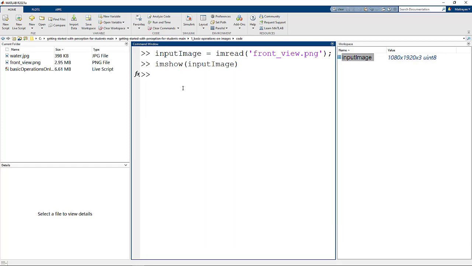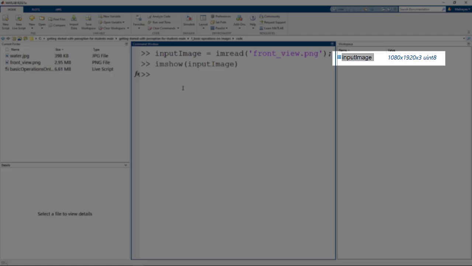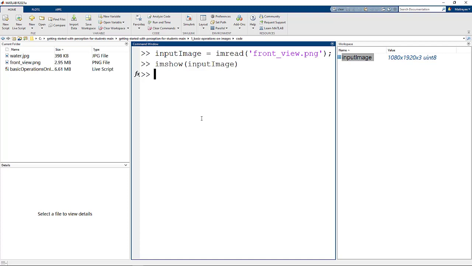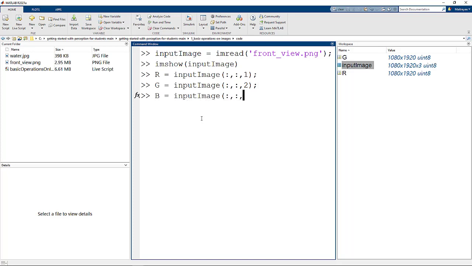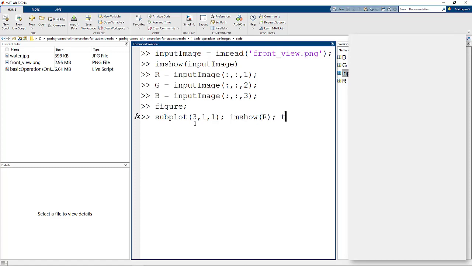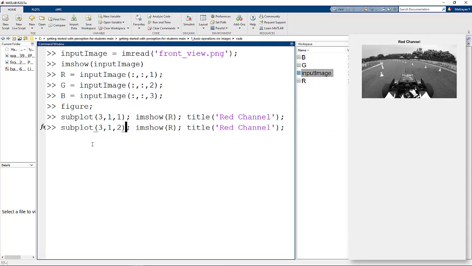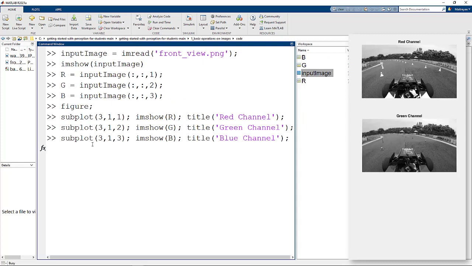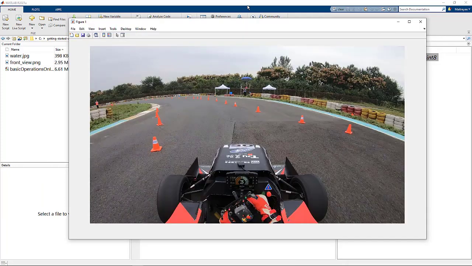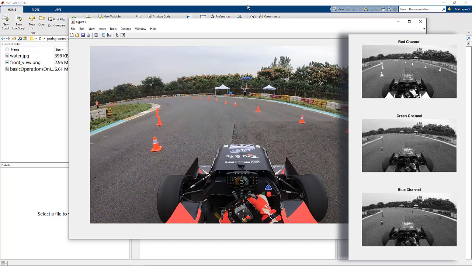When we read the image in MATLAB, we get a variable with a dimension of 1080 by 1920 by 3. What does this mean? This means that our image has 3 cascaded matrices of 1080 by 1920 dimension. And what do each of these 3 matrix slices look like? First is red, second is green, and the third is blue. This is because this image was captured using a TrueColor RGB camera. This is the RGB color space.